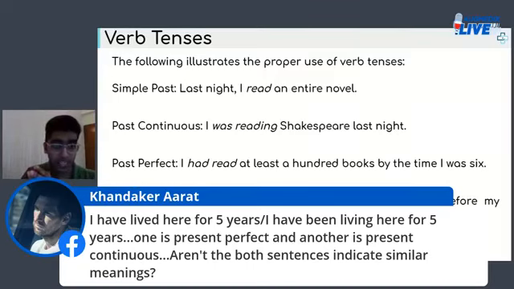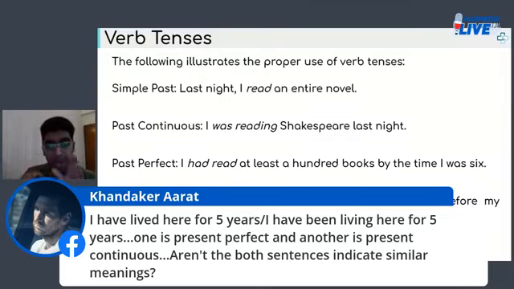Yes, of course. When you say I have lived here for 5 years, yes, it means you're still living here, and you have lived here for 5 years, meaning you started living here 5 years ago and you have been living here ever since. The other way of putting this is I have been living here for 5 years, which clearly tells you that you're still living here and that you started living here 5 years ago. However,